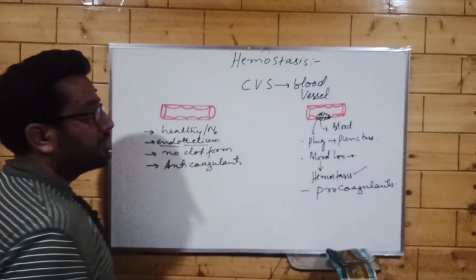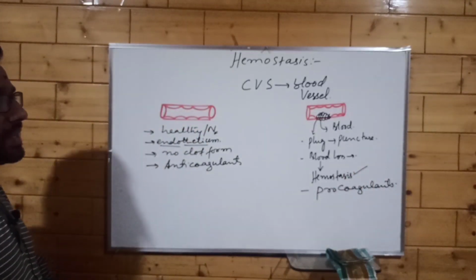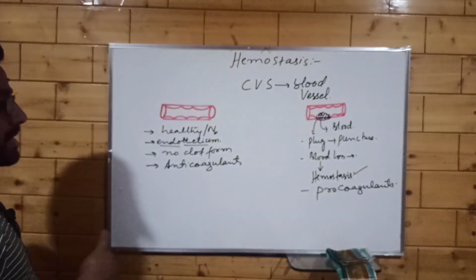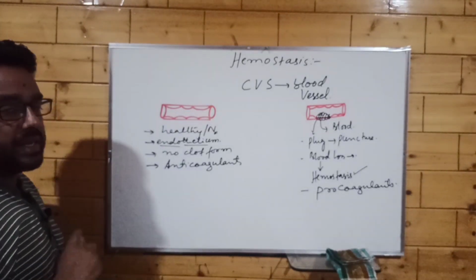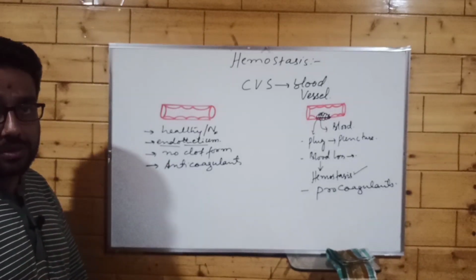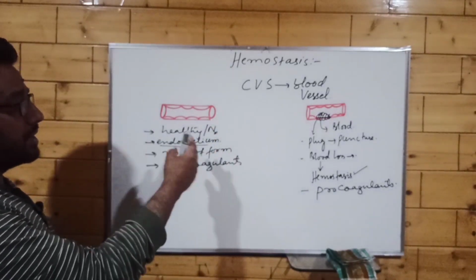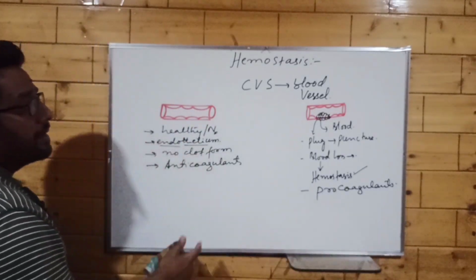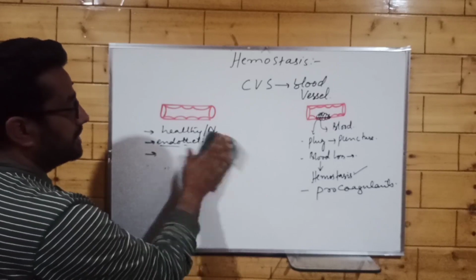So procoagulants work during the vessel injury, during the damage or trauma to the cardiovascular system, and anticoagulants are working continuously in our cardiovascular system to prevent the clot formation. So mechanisms are always there to resist the clot formation, right? So there are two aspects. So let us first see